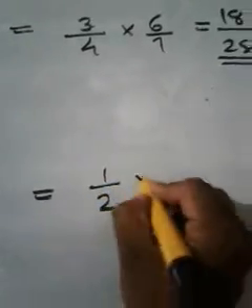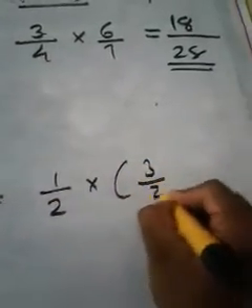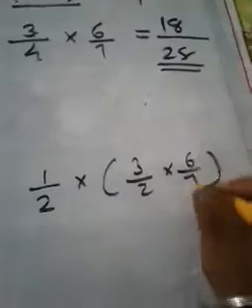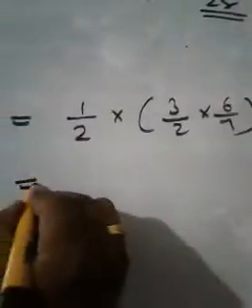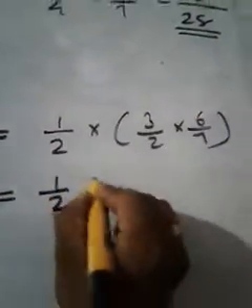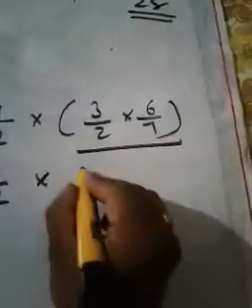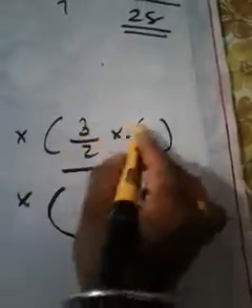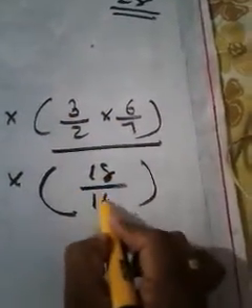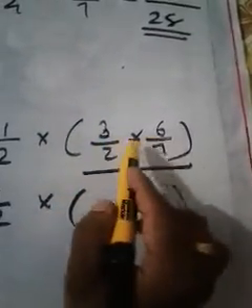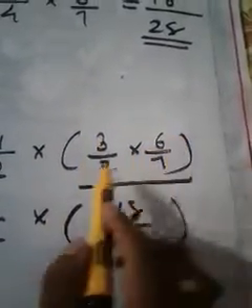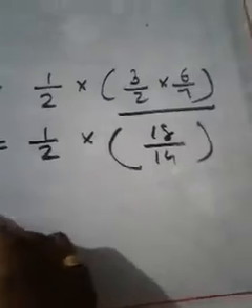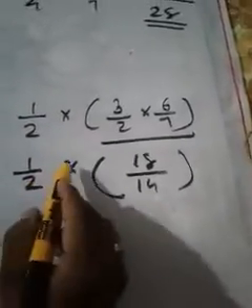And here, what is A into B into C? 1 by 2 into 3 by 2 into 6 by 7 should be in one group, isn't it? And here also it is very simple. We have to write this 1 by 2 as it is into, then we have to give preference for this. What is the answer? 3 into 6 is 18, 2 into 7 is 14. Why? Because it is multiplication. Multiply the numerator, multiply the denominator. That was a rule.